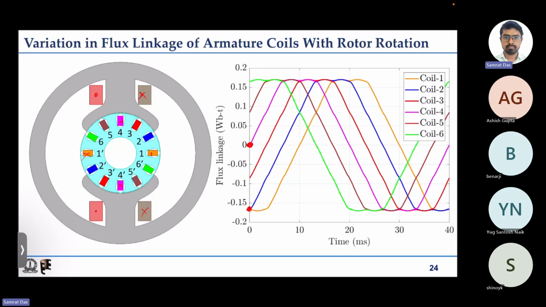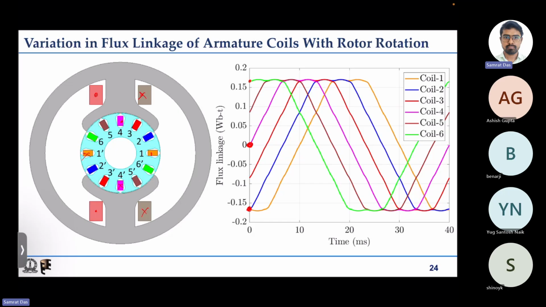The green one and blue one are almost having the same flux linkage. One is positive, another is negative, and their values are approximately equal to the flux linkage of